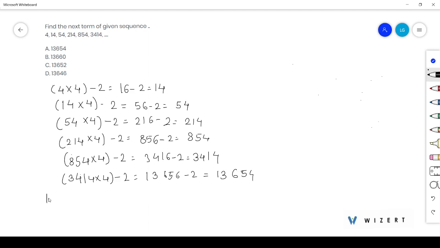Hence, the sequence will be like 4, 14, 54, 214, 854, 3414, and the next term will be 13,654. So our correct option is option